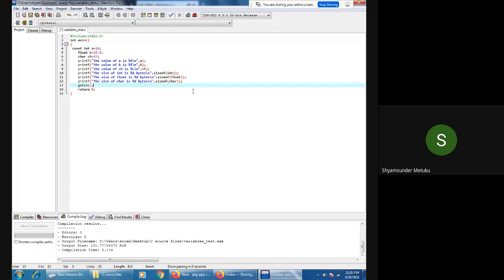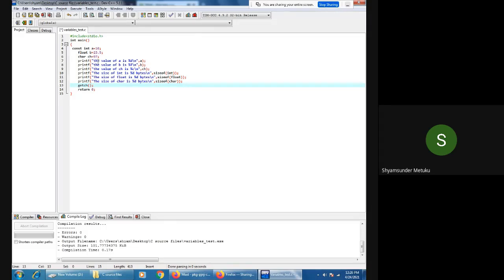Some more. Long. Long double. Long double. Yes or no? So the remaining all you can try from your side, if you have a laptop or a desktop. So this is the programming part. Now the only thing left out is scanf.